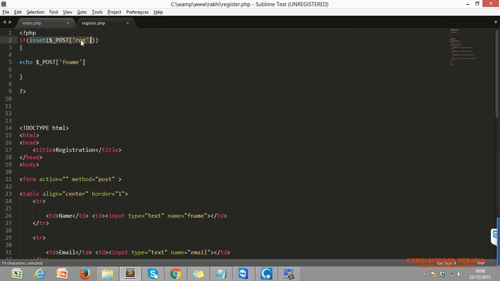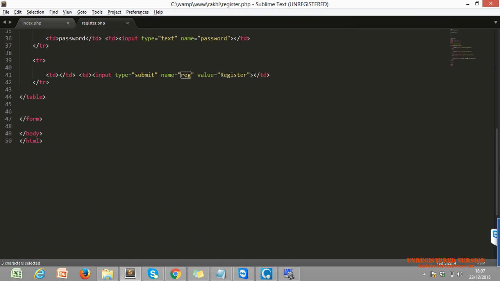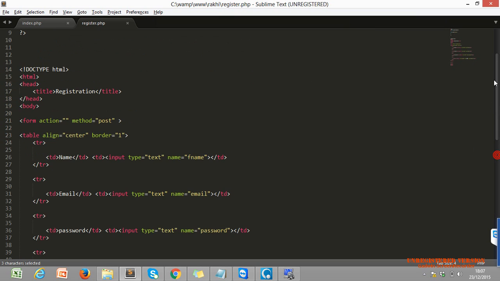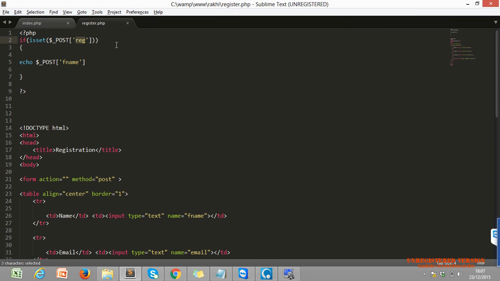Whenever our form is submitted, this will also convert to one variable, because this is also one input tag, type equals submit. Whenever our form is submitted, every input tag is converted to a variable and value format. So we are checking whether our button or form is submitted. If submitted, then only execute this code. Otherwise, just skip that code, nothing else.